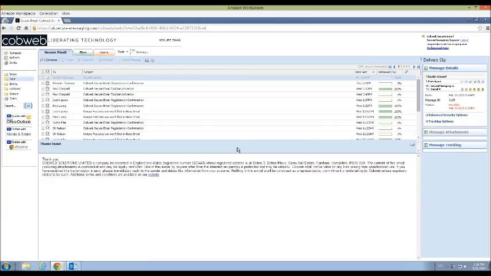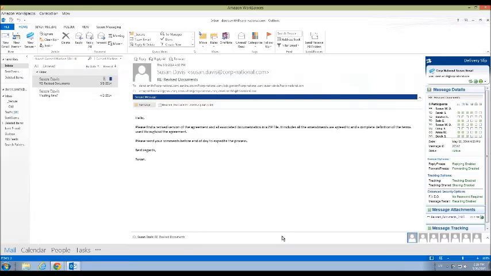Now, the webmail portal is certainly useful to be able to access messages wherever you are, but as I said, it's nothing truly innovative. Where we really see interest in the product, where we really see differentiation between this product and what's out there in the marketplace is the integration into Outlook. If I switch my screen over here, you'll notice that I'm in Outlook 2013. That's just a coincidence. You can really use any version of Outlook back till 2003. We'll also soon be releasing an integration with Outlook for Mac or MacMail, allowing you to seamlessly send and receive content no matter what operating system you're currently using.